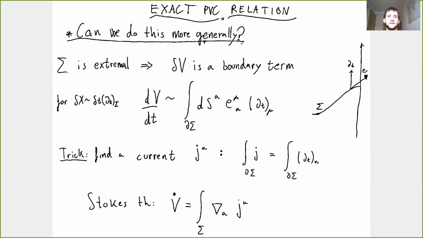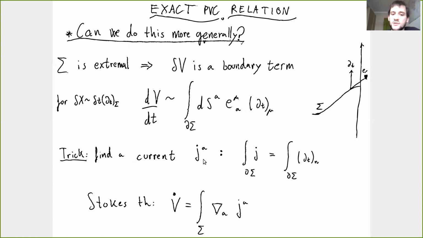So the question is, can we do this more generally? The computation would follow these lines. Since these surfaces are extremal, variations of the volume are just a boundary term. So we can write the derivative of the volume, dV/dt, as just a simple boundary term that is evaluated, in case we're in AdS, at the AdS boundary, but we can also put some fixed box in flat space and then compute volumes that are anchored on this box. So since this is a boundary term,